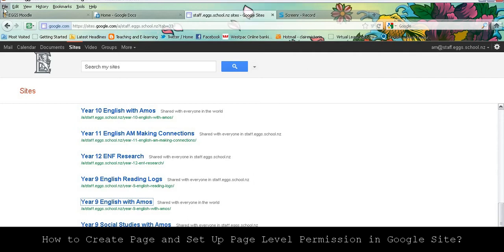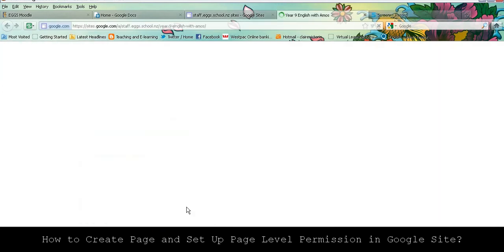So the first thing you need to do is to ensure that you're using the Firefox or a Google Chrome browser. You will find Google always works much better in Firefox or Chrome, and don't use Internet Explorer. So once you've opened up your browser, log into your Google account and access the Google Sites page. Open up the website that you would like to work on,